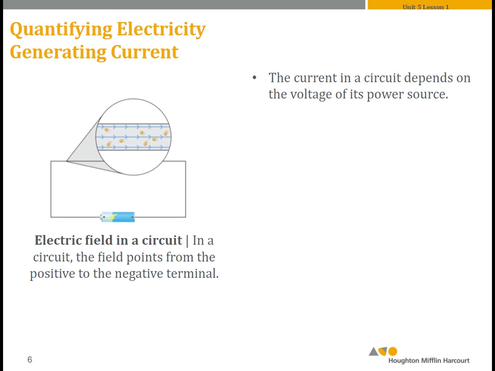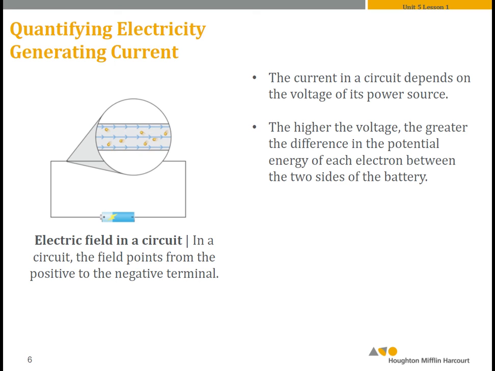The current in the circuit depends on the voltage of the power source. We just established this on the last slide. So the current is measured in amps. The voltage, or the electric potential or potential difference, is measured in volts. And so the more volts there are, the more amps there are. The higher the voltage, the greater the difference in the potential energy of each electron between the two sides of